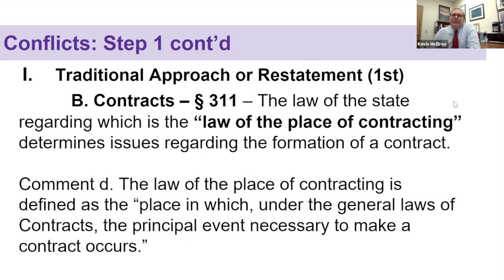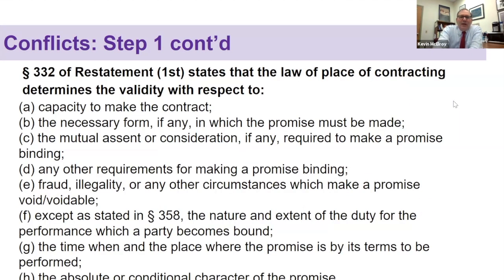So you've got to read the fact pattern carefully, right? What is the principal event that is necessary to make a contract? What's got to happen? So that's 311, all right? Now, section